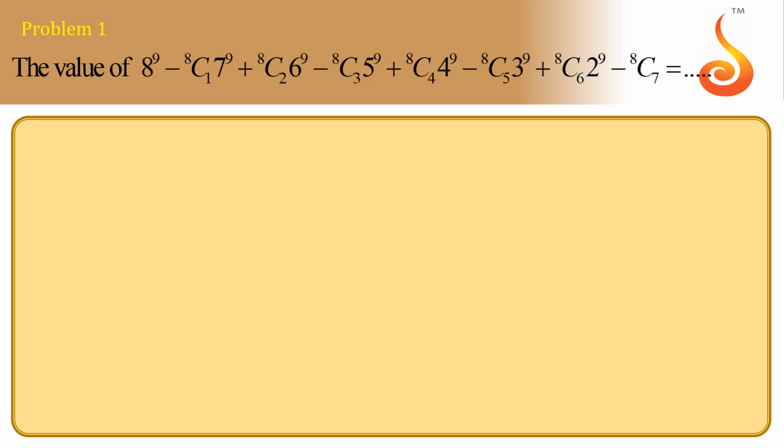Problem number 1. The value of 8^9 minus 8C1 7^9 plus 8C2 6^9 minus 8C3 5^9 plus 8C4 4^9 minus 8C5 3^9 plus 8C6 2^9 minus 8C7 1^9. If you observe carefully,